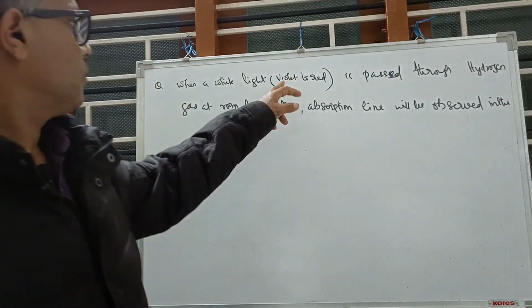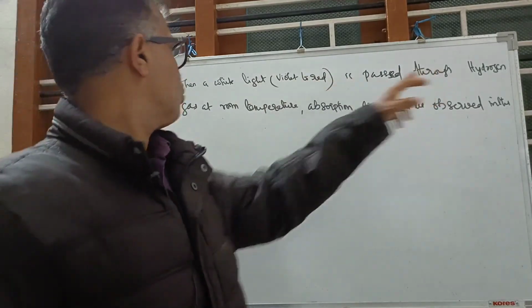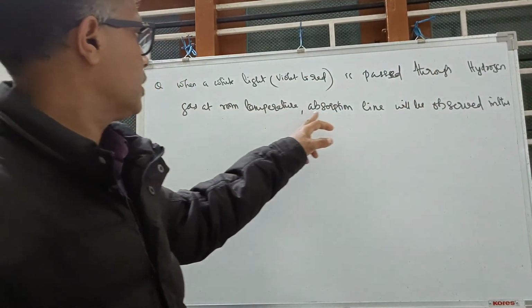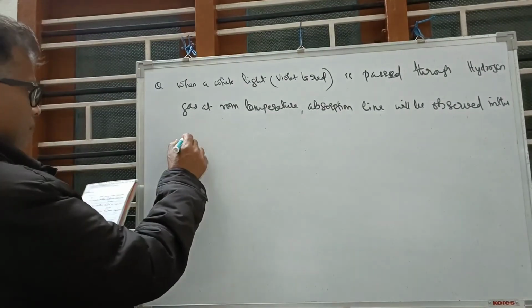When a white light, violet to red, that means visible light, is passed through hydrogen gas at room temperature, absorption lines will be observed in the, answer: